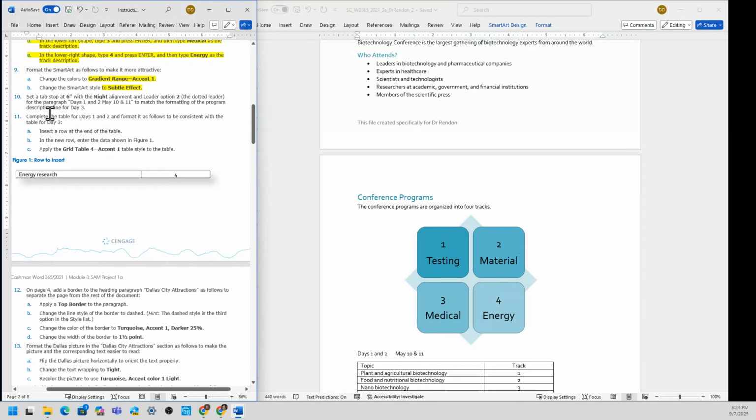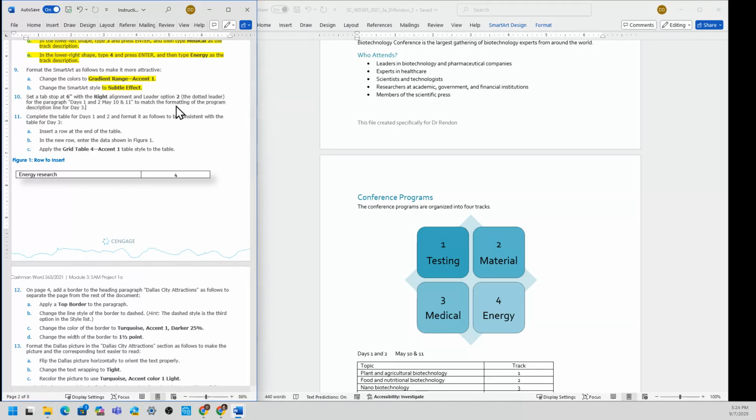Now step 10, set tab stop at 6 inches with the right alignment. Okay, 6 inches with the right alignment. Leader option 2, which is the dotted leader. For the paragraph days 1 and 2 to match the May 10 and 11 formatting of the program describing line for day 3.